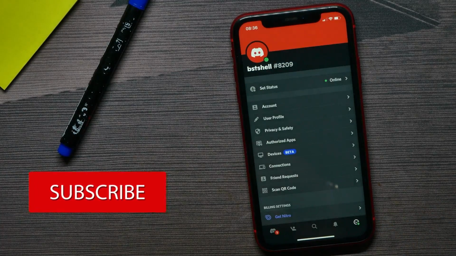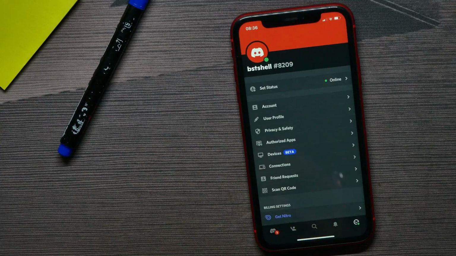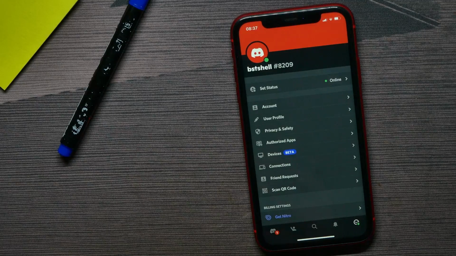your profile icon. Now, on Discord, you can switch between different accounts without logging out. That's a Discord feature that's quite useful, but you unfortunately can't do it on the mobile version. The Discord team announced that they will soon add this feature on the mobile version of Discord, but currently, in order to